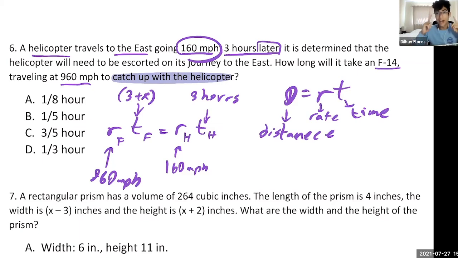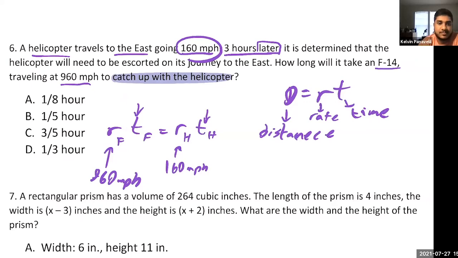Cool, because I made a mistake, right? I messed it up. I mixed it up, so I did this backwards. Let's see. We're multiplying. Okay, so the helicopter travels for 3 hours, right? We know that. I made a mistake in interpreting this. I'm going to cover my tracks now.